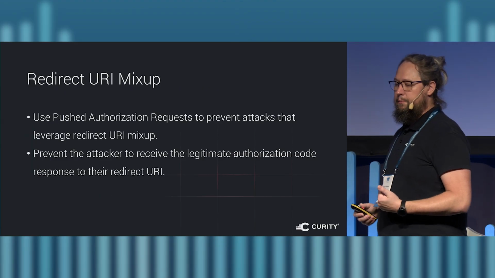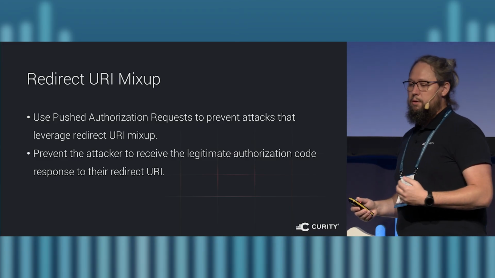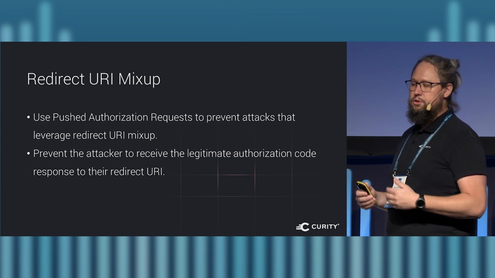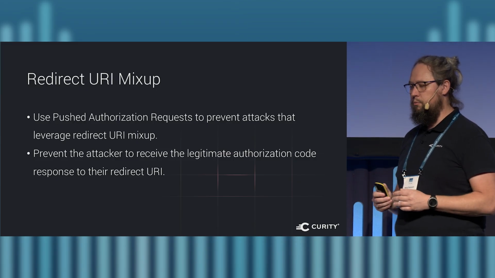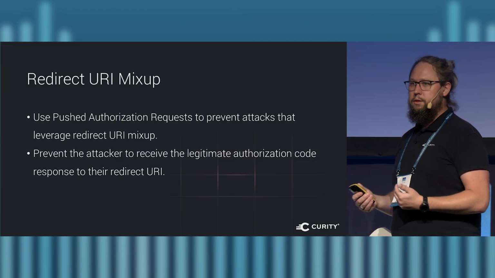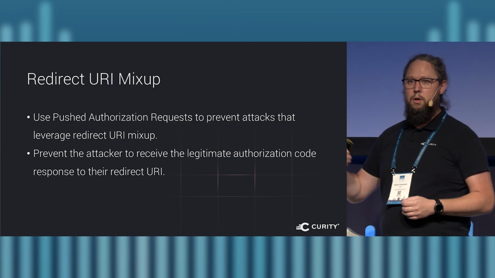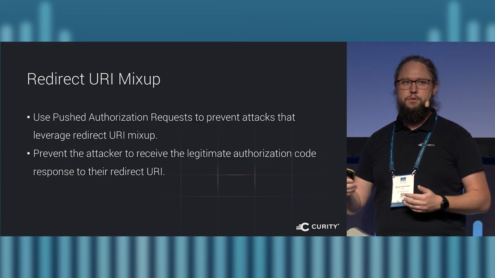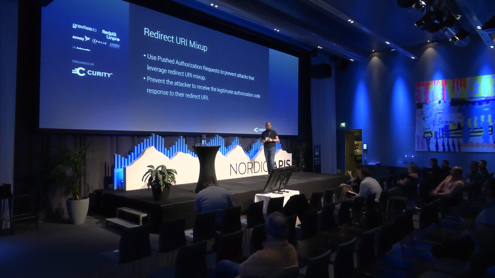Another vector of attack is redirect URI mix-up. So this one happens when the attacker manages to inject their own redirect URI to the authorization request. And what happens then is when the user starts the OAuth flow and authenticates at the authorization server, the authorization response is returned directly to the attacker's redirect URI and not to the original client. To prevent that,